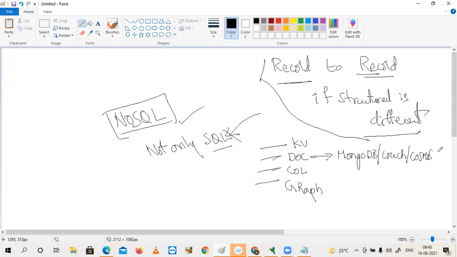Exactly this requirement will be satisfied by the document store databases. You can go with MongoDB, Cosmos DB or CouchDB. MongoDB is a MongoDB product, and CouchDB is an Apache product. Cosmos DB is Microsoft Azure's.